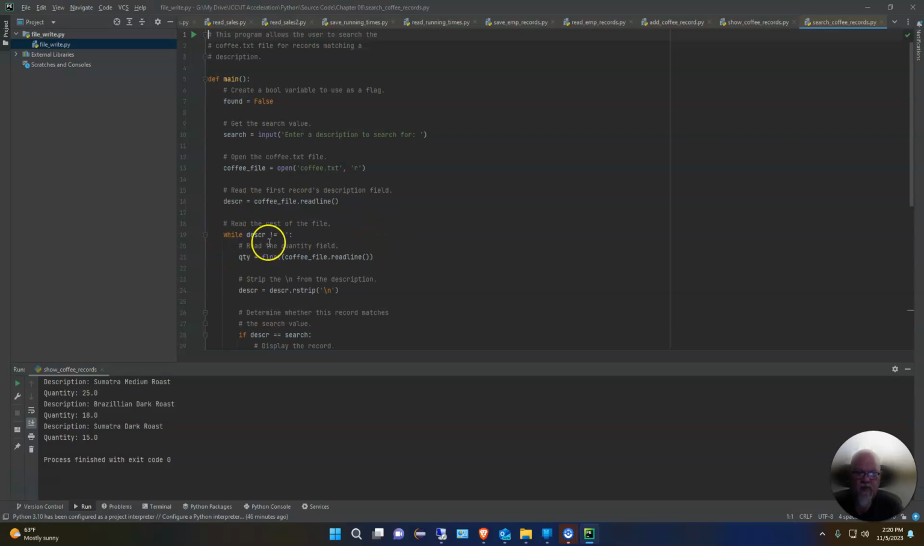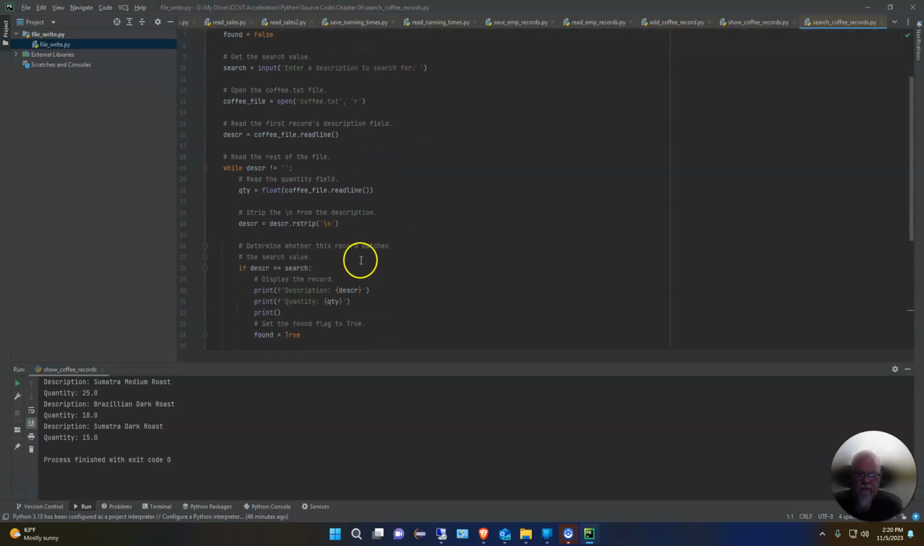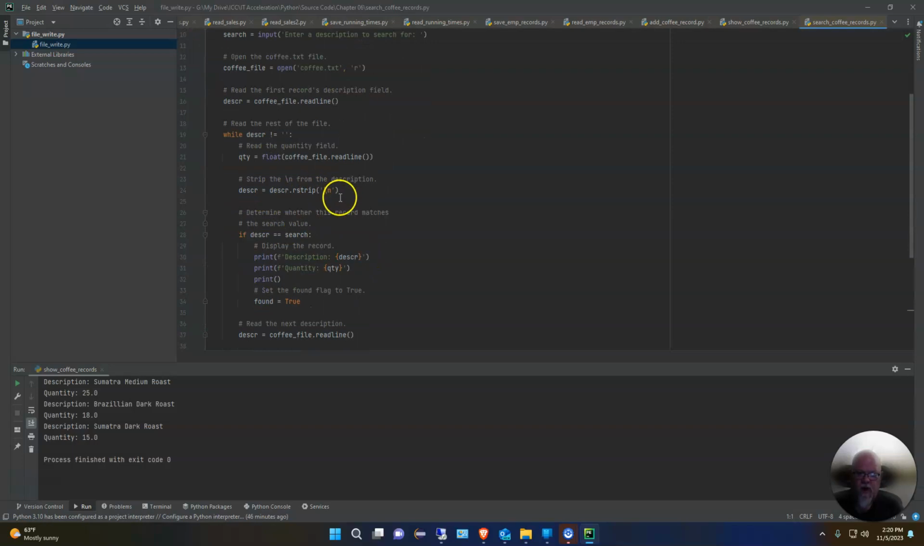And it says while description is not equal to a null value, so while we have data, we're going to read the next line, quantity, convert it to a float, and put it in there. We're going to strip off the \n from the description. So this is pretty much just like the previous program up to this point. Here's where it gets different. Now we say if description equals, remember the double equal sign is an equality check, a Boolean check. So if description is equal to search, we're going to print description and the quantity